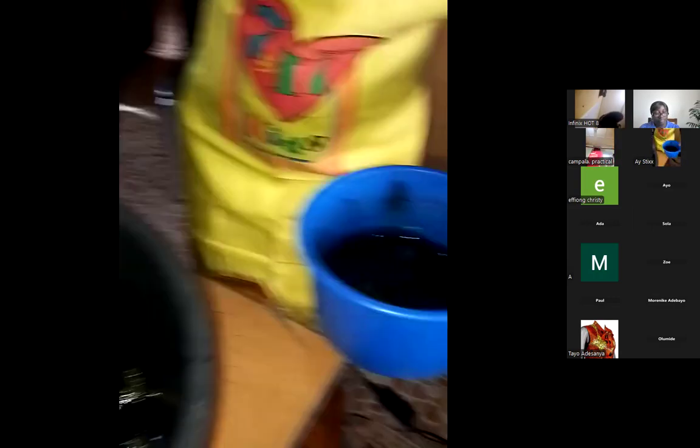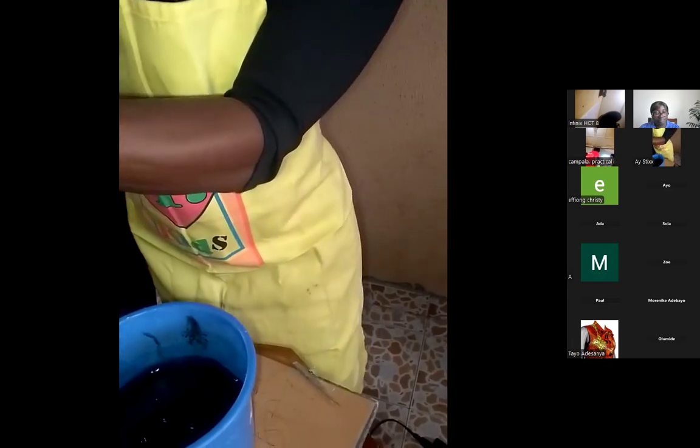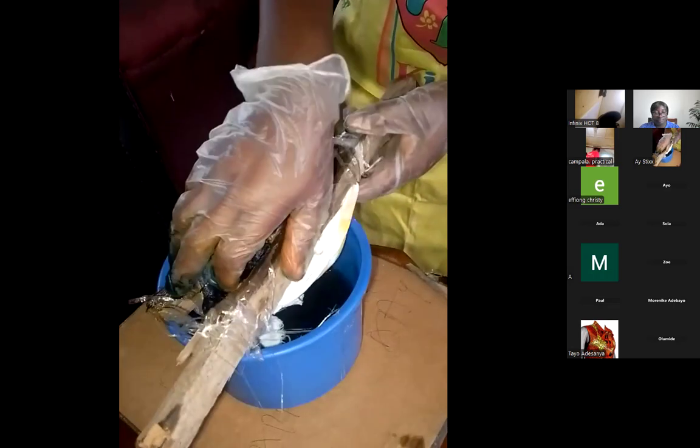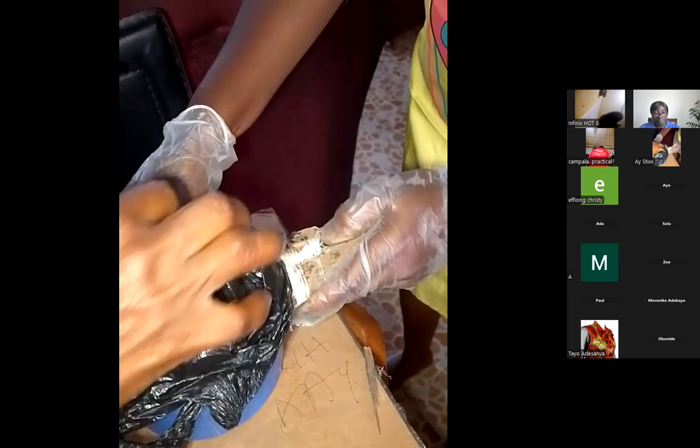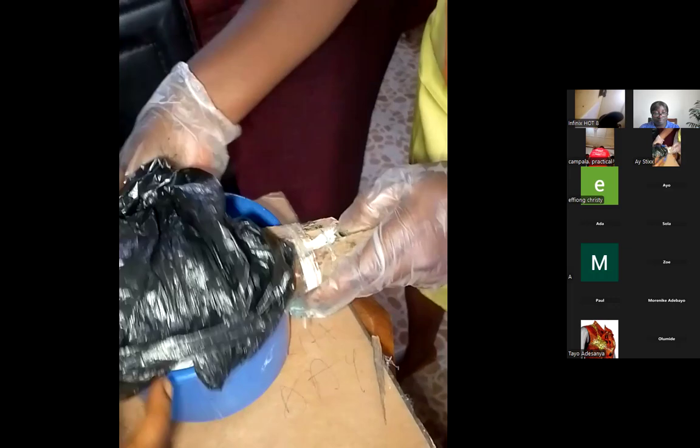We use it for the second side. I'm using the second chemical now. We cover the first one with nylon for 15 minutes, so that it will absorb very well.